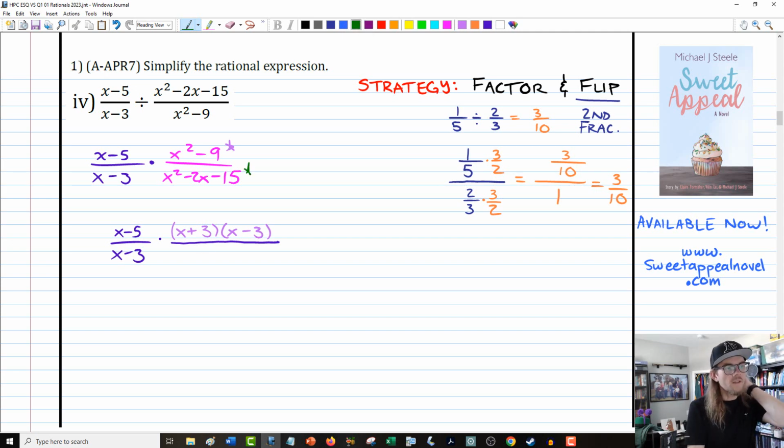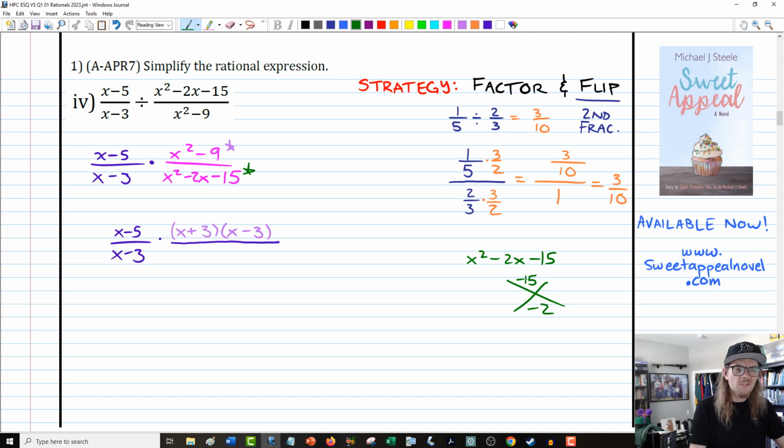On the other hand, let's do it in green. We've got this second one, this trinomial here, x squared minus 2x minus 15. And that looks like a classic diamond factoring, especially because there's a 1 in front. We don't have to do the full factorization process, although it would definitely work as well. So for us, if we're trying to break apart x squared minus 2x minus 15, and you can't do that quite in your head, we're looking for what two numbers multiply to negative 15 and add up to negative 2. And as you think about factor pairs for negative 15, I'm thinking you're going to arrive at 3 and 5,